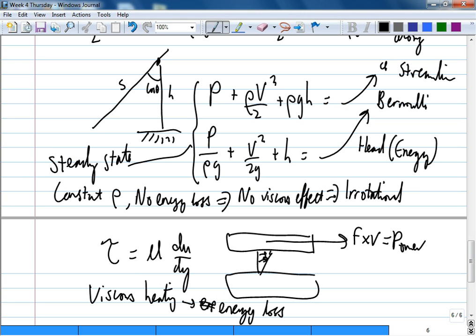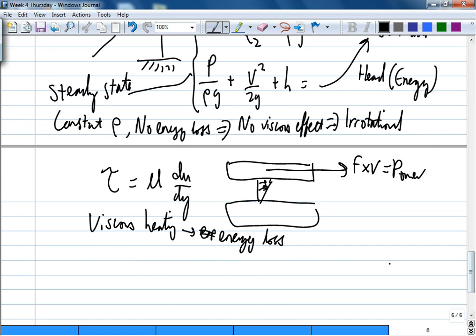If the fluid side by side is moving at different speeds, they'll rub, it's like your two hands rubbing together. You can feel your hands getting hot. That goes to viscous heating, goes to losses in the fluid. The liquid here will get hotter, because energy doesn't disappear, it just transforms from this power to heating power here. Any questions so far? So that's the theory or the derivation part.